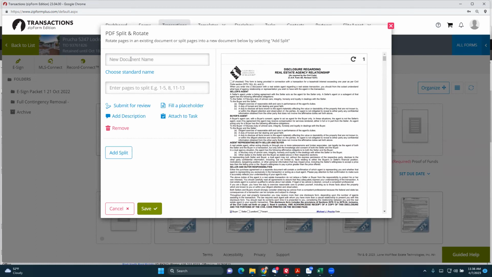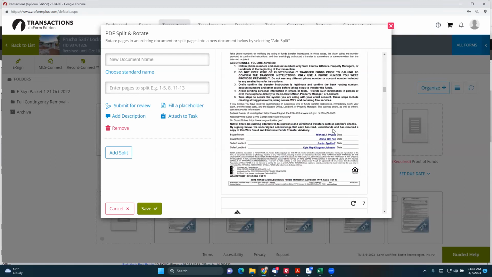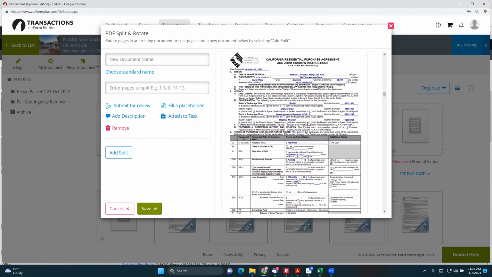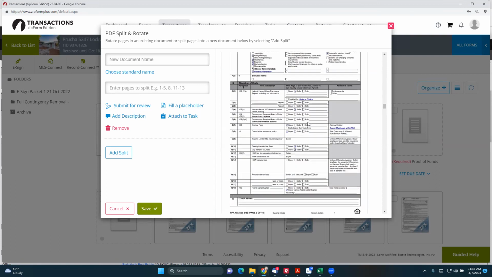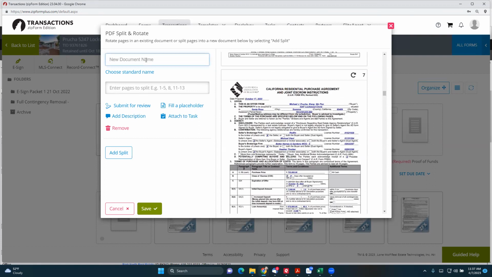Say you're just pulling out 3 pages, maybe you just want to pull out pages 5 through 7. Or in a contract, you might want to pull out the first 3 pages of the RPA, right? Maybe the first 3 where all those details are. Then maybe you're going to name it offer details for that address, whatever. You want to name it something that you're going to remember why you extracted it out, right?